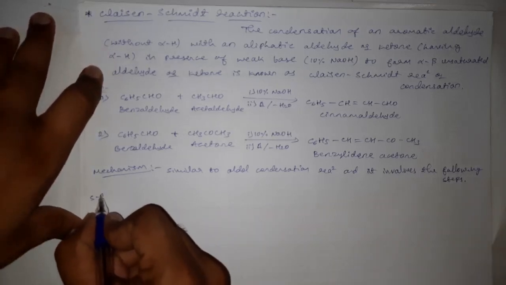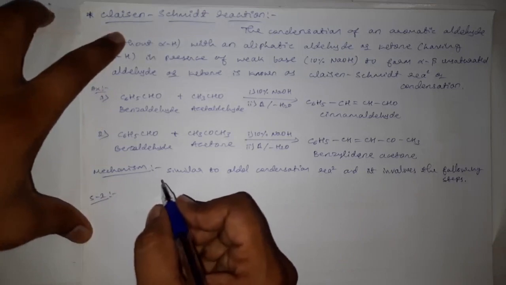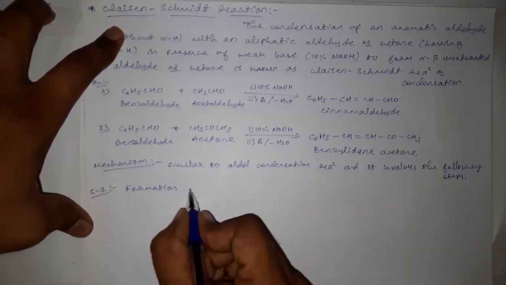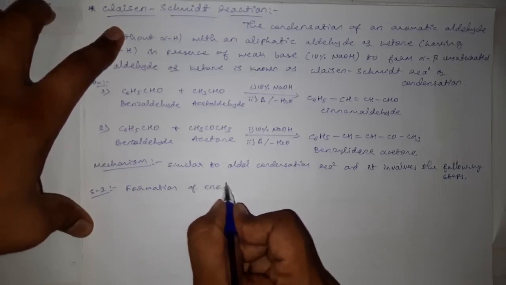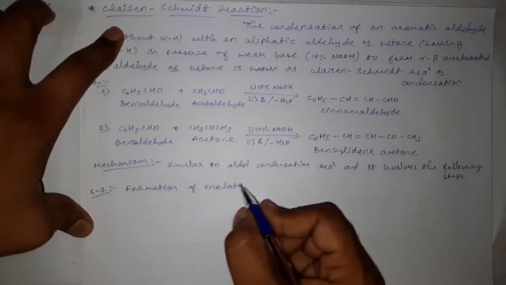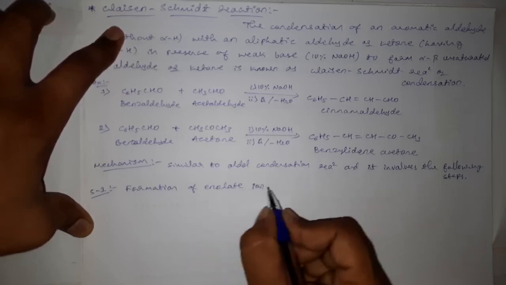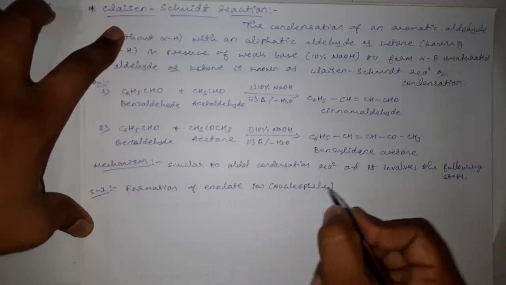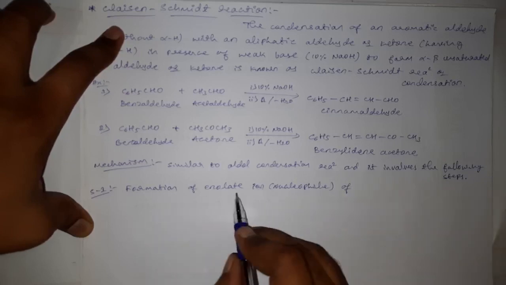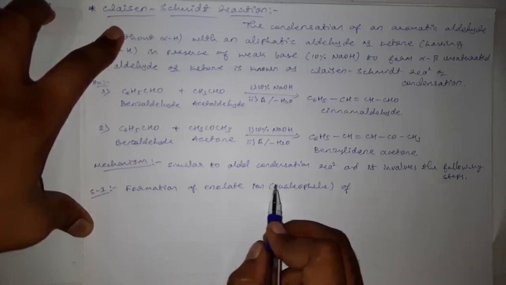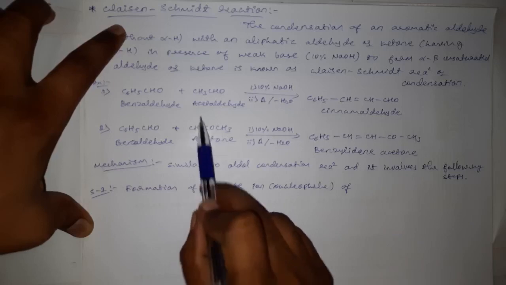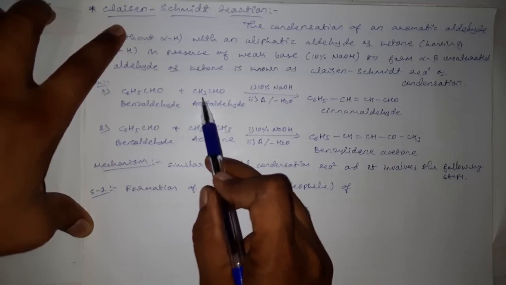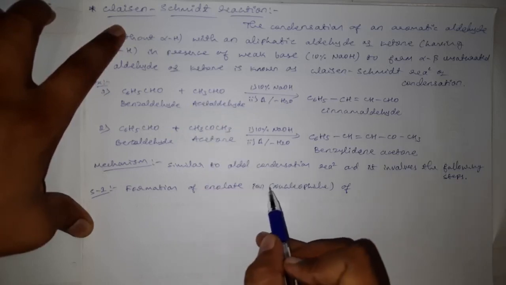See, step number 1 of the Claisen-Schmidt reaction is what? Formation of enolate ion. Correct? In aldol condensation also this was the first step: formation of enolate ion, which acts as a nucleophile. And here the formation of enolate ion is possible for that aldehyde or ketone molecule which has an alpha hydrogen. In between these two reactants, the molecule which has an alpha hydrogen will form the enolate ion,